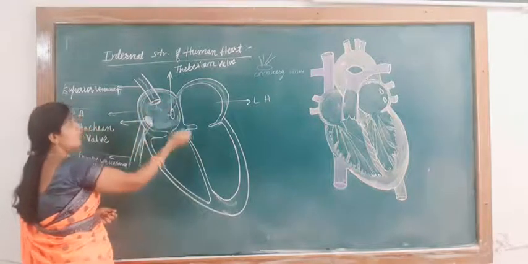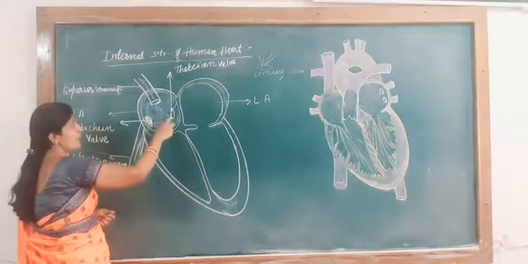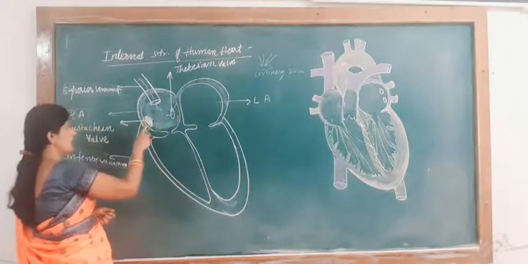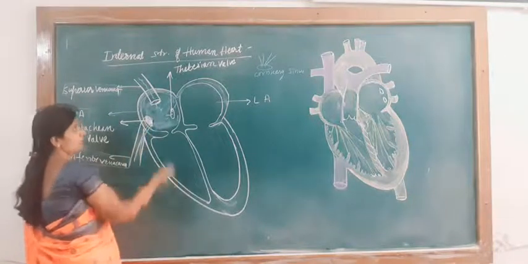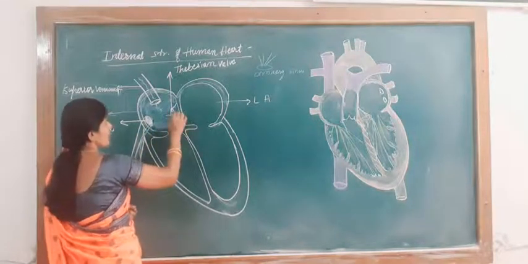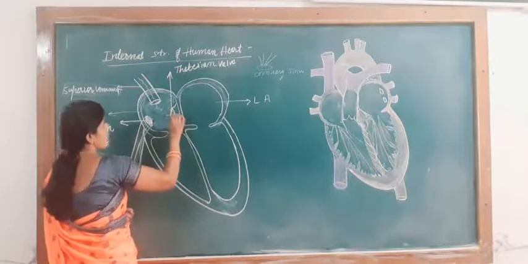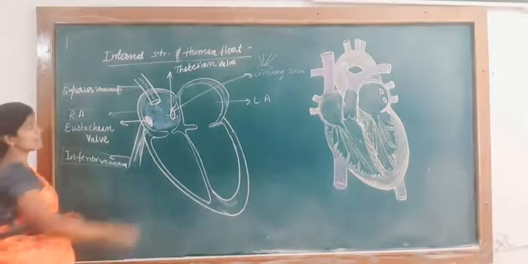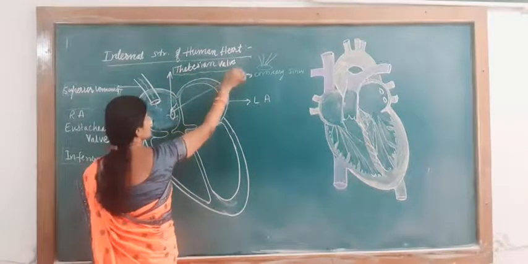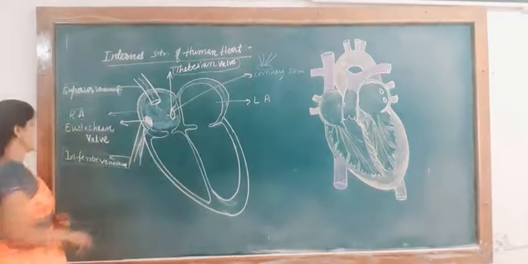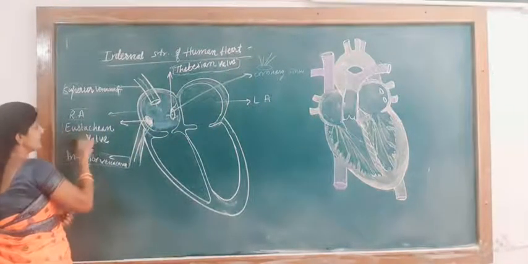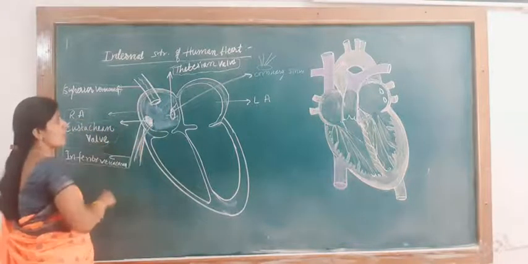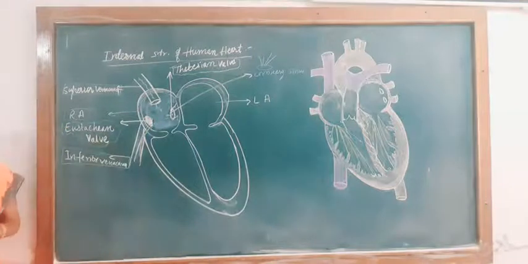Here no valve. Only two valves are there. In the coronary sinus, the Thebesian valve is present, and in the inferior vena cava, the Eustachian valve is present. What is this opening? This is the coronary sinus. The coronary sinus is guarded by which valve? The Thebesian valve. And the inferior vena cava is guarded by the Eustachian valve. Here no valve is present. Valves are absent there.